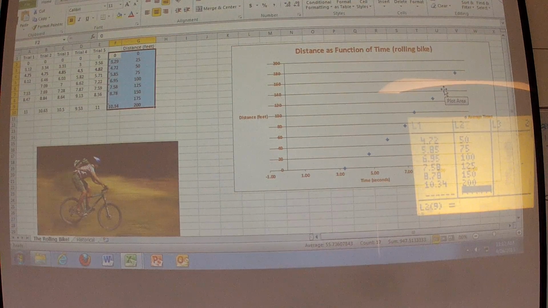So once you guys get your data in, make a scatter plot using your TI. Just use your little booklet. At this point, you're in your booklet that I gave you last week, exactly the same. You're doing nothing at all different except going X's and Y's. So X is going to be time in seconds. And Y is going to be distance covered in feet. Distance traveled in feet.